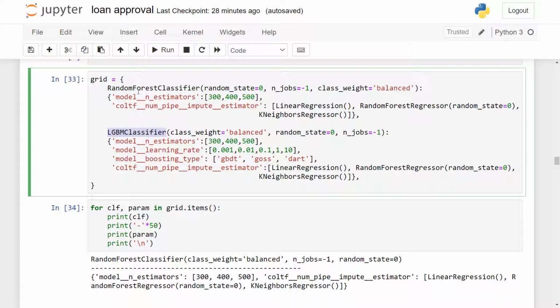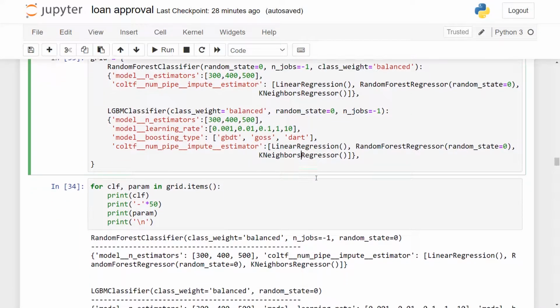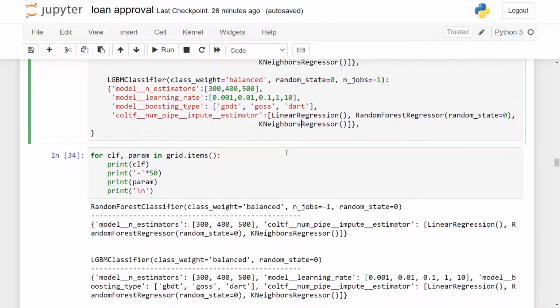The value of each key, for example random forest classifier, is the different set of hyperparameters that we want to check. Similarly for light GBM as well, and we can add more classifiers if we want, but I'll just go with two right now.